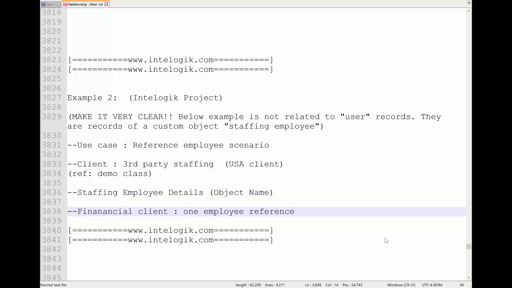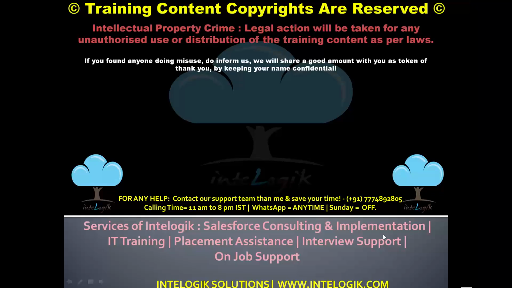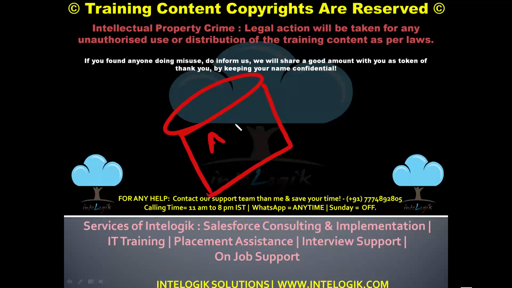Pay attention. In this case there was an object, and all the candidates' details were present in it. Let's say Ajay, Vijay, Sujay. They used to provide these staff to various IT companies and financial institutions on their payroll.